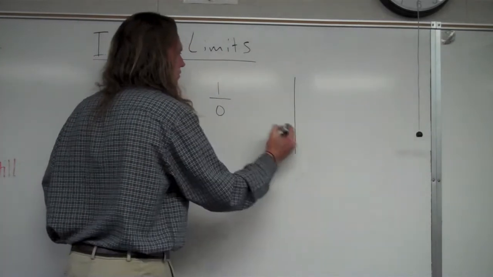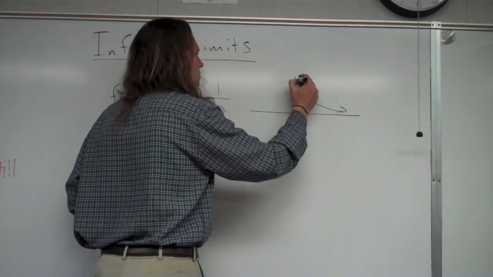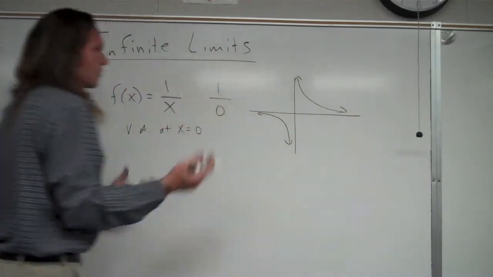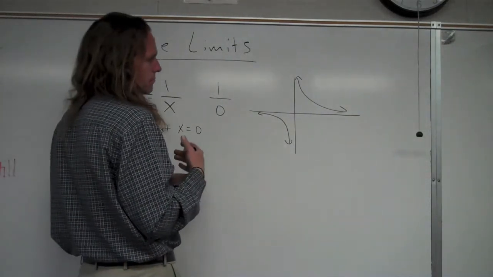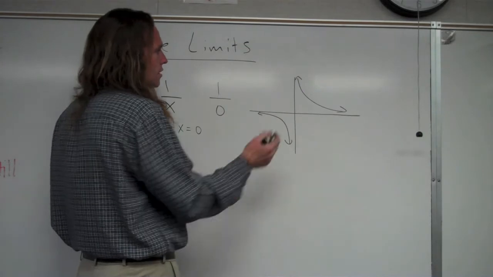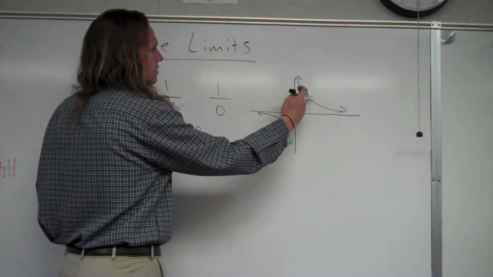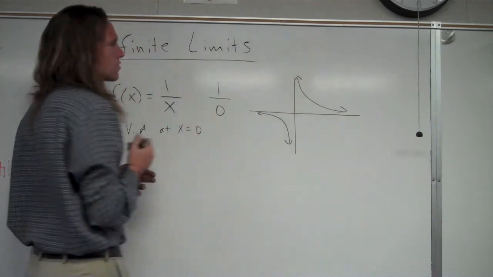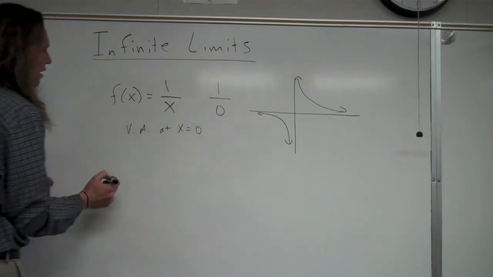Now, what a vertical asymptote looks like, in this case, this graph looks like this. At a vertical asymptote, a graph goes to infinity or negative infinity. So you can see here at x equals 0, if I look from the right-hand side, as the graph is approaching 0, the y value is getting larger and larger and larger. Which makes sense, because if I just think about plugging in values